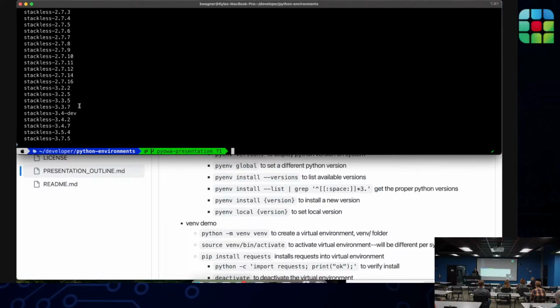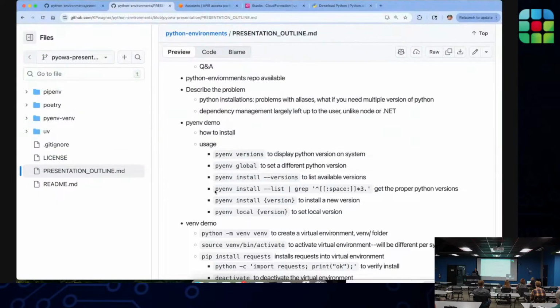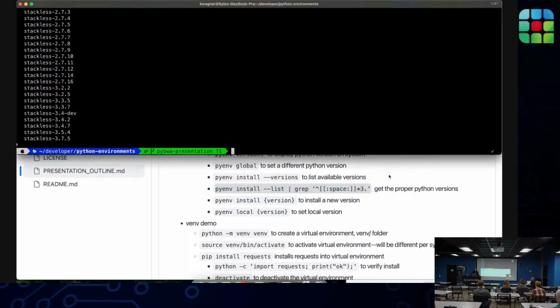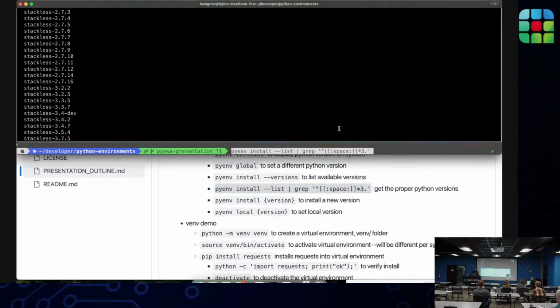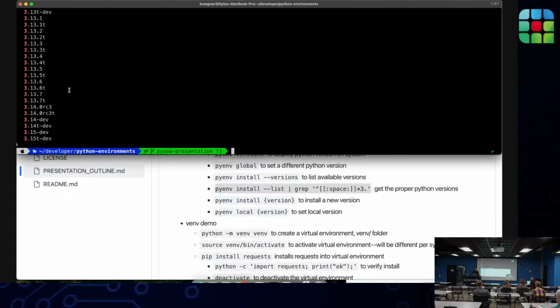Let's see, I'm just going to snag this snippet. We can filter down to just the proper versions of Python that don't have any prefixes, and we can see that they're mostly all available.